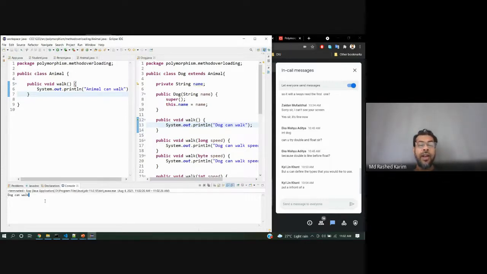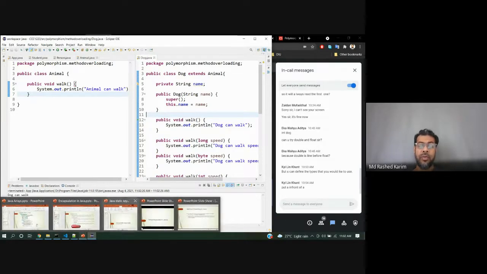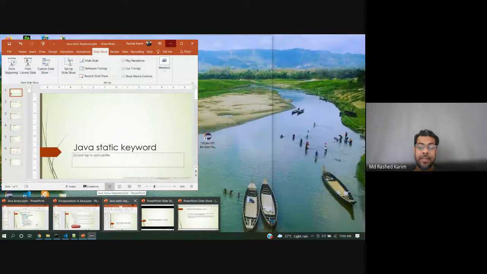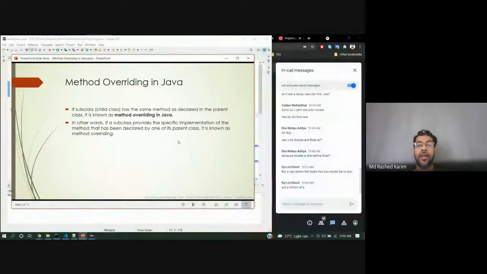So this is called overriding. It is decided when the program is run, because it is the same method. So when the program runs, it will decide it. So overriding, in other words, is when a subclass provides the specific implementation of a method that has been declared by one of the parent classes. It is known as method overriding. Why are you declaring it here? Because you have some special things.